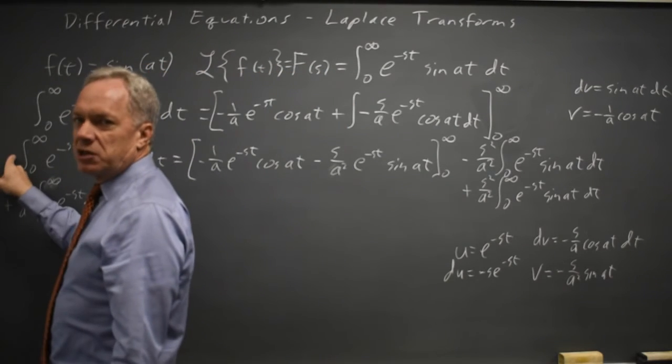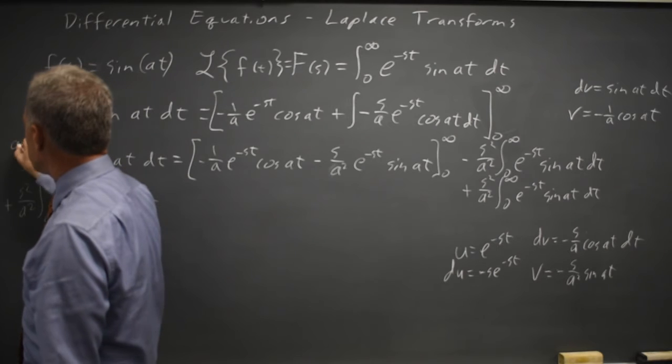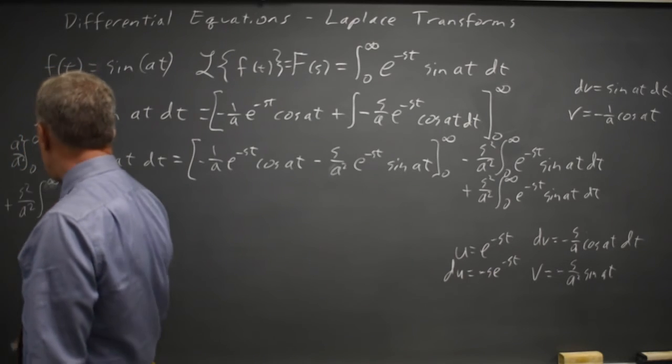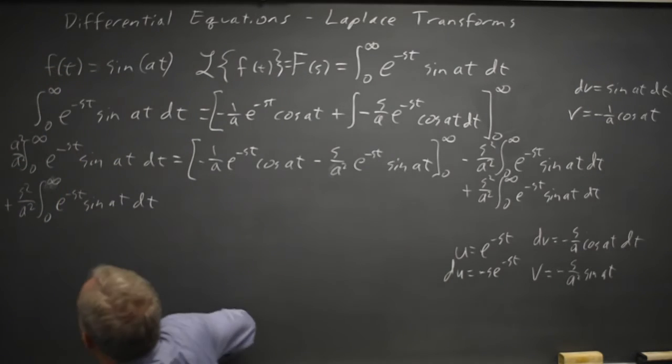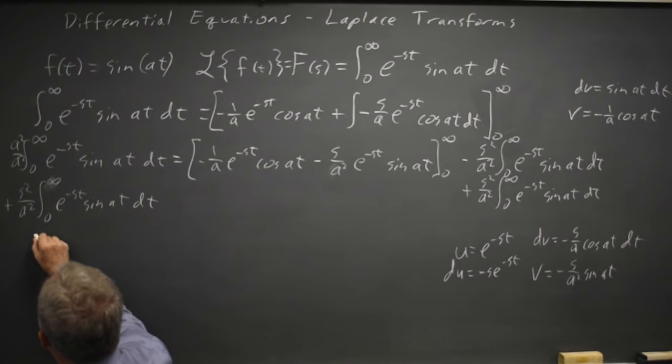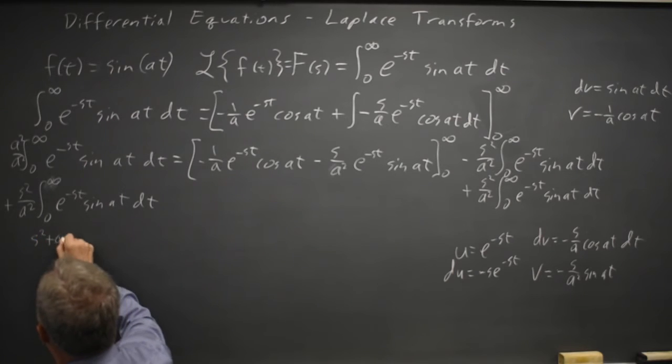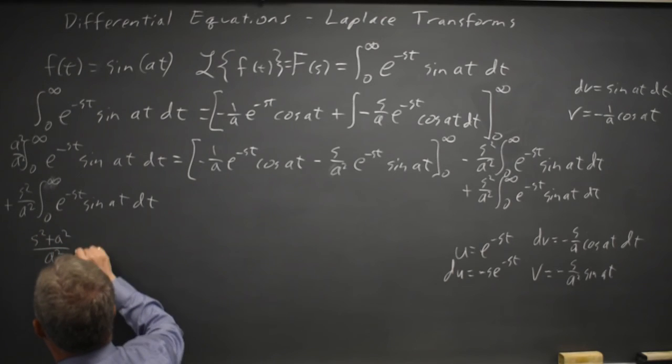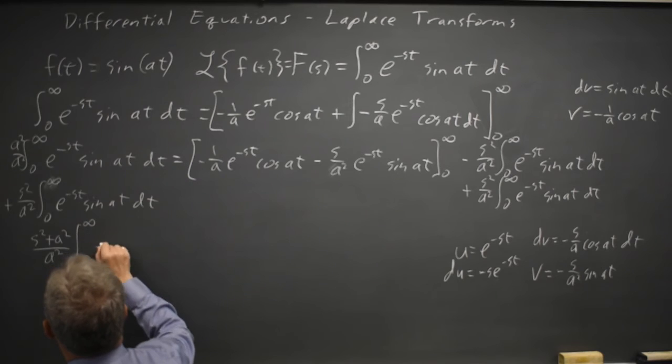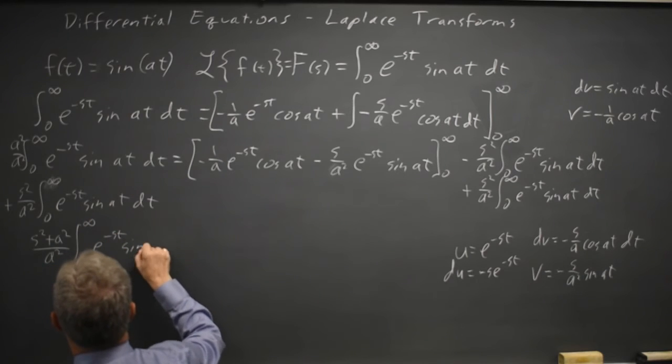I'm going to change the 1 coefficient that's implied here to an a squared over a squared for a common denominator. That gives me s squared plus a squared over a squared times my original integral, 0 to infinity, e to the negative st sine at,